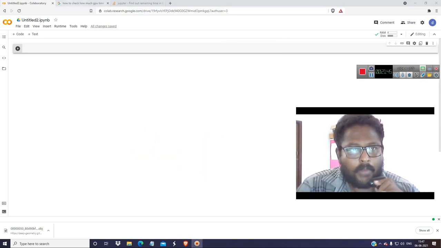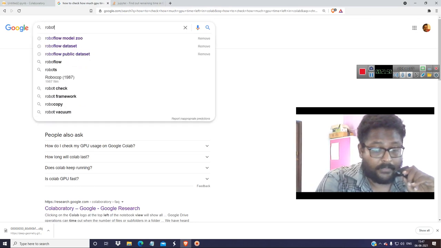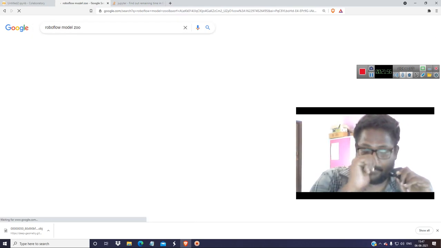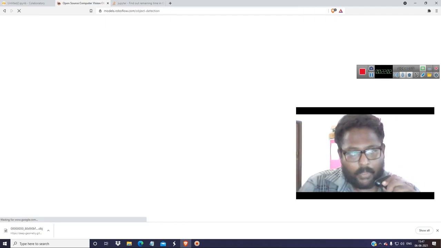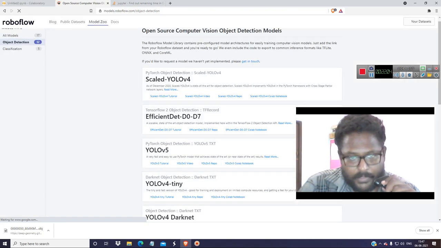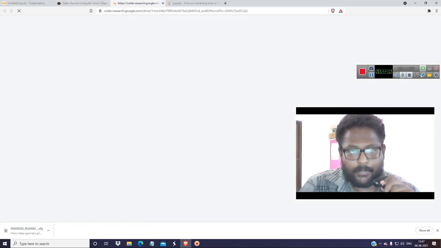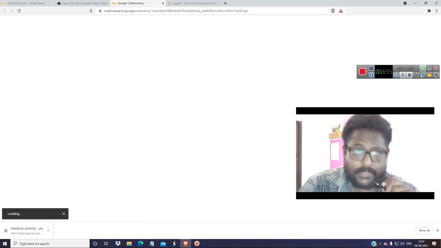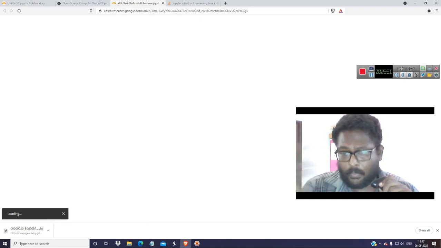Okay, so now what we are going to do is go to the Roboflow YOLOv3 GitHub. Roboflow model zoo. We are going to take some of the experience we had in Roboflow, because Roboflow provides a wonderful GitHub repo where they have tweaked lots of parameters. You can take this GitHub repo and just make your own one, because I'm going to teach you in a manner that you use your own method of training.